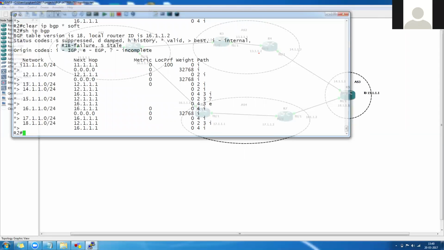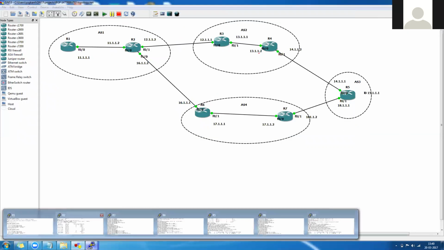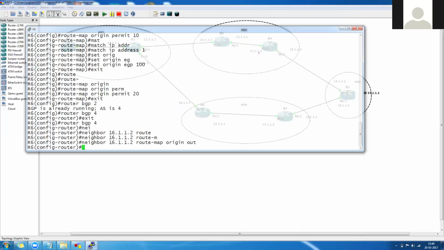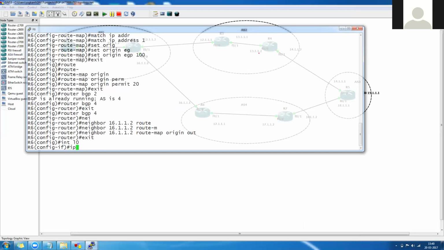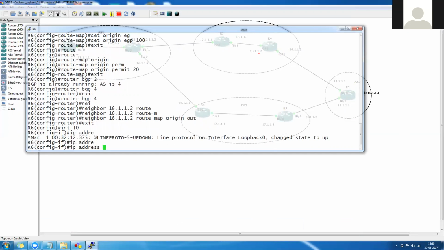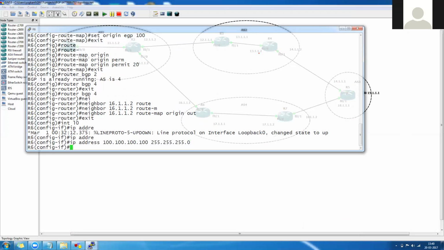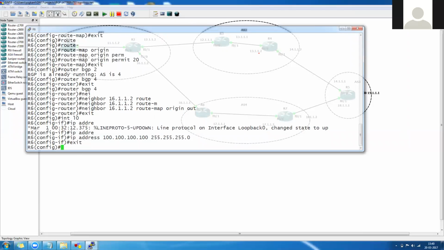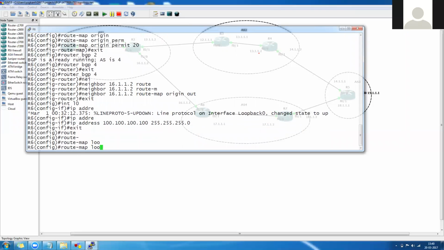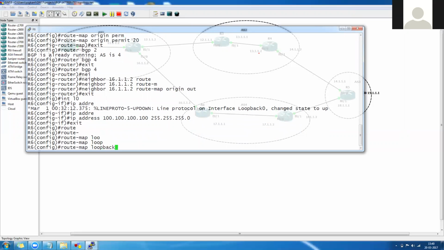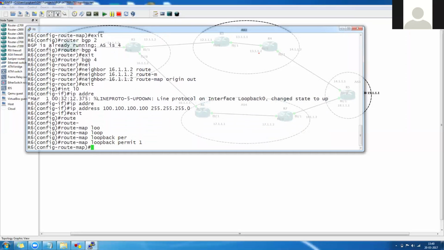Now one more thing I'll show you, how to redistribute. Normally, how to redistribute with route map. So one more thing I'll teach you extra. So on R6, I'll create one interface loopback here. Interface loopback, IP address 100.100.100.100. Enter. Okay, and what I will do, I will redistribute this with route map. So we can learn this part also. Route map, loopback name is loopback, route map permit 1 and